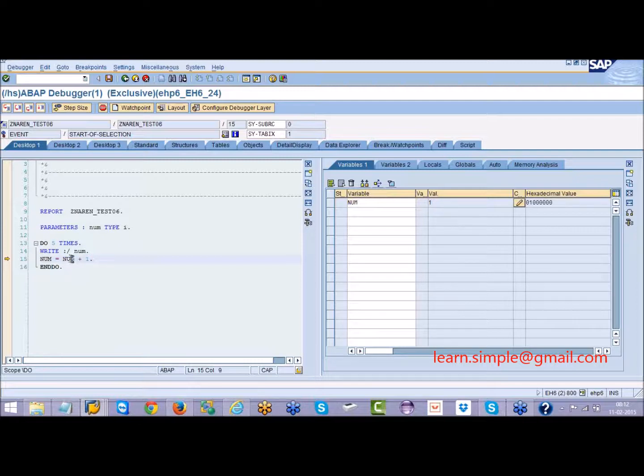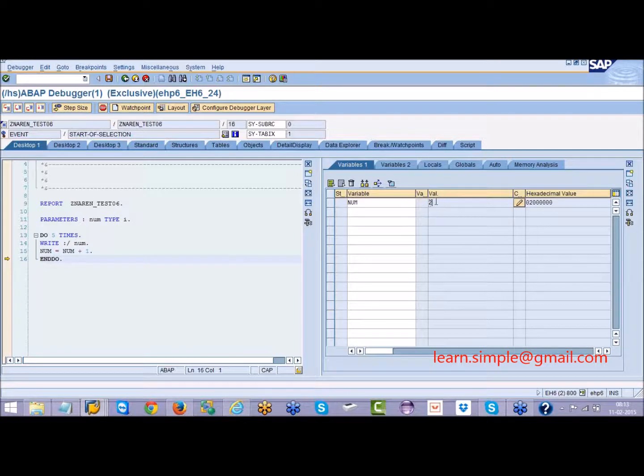After that, 1 plus 1 I have added, and I have given that sum to this variable. So this 1 plus 1 is added and given to the num. After this step, in this num I will get a value 2. See, I am getting value 2 over here.